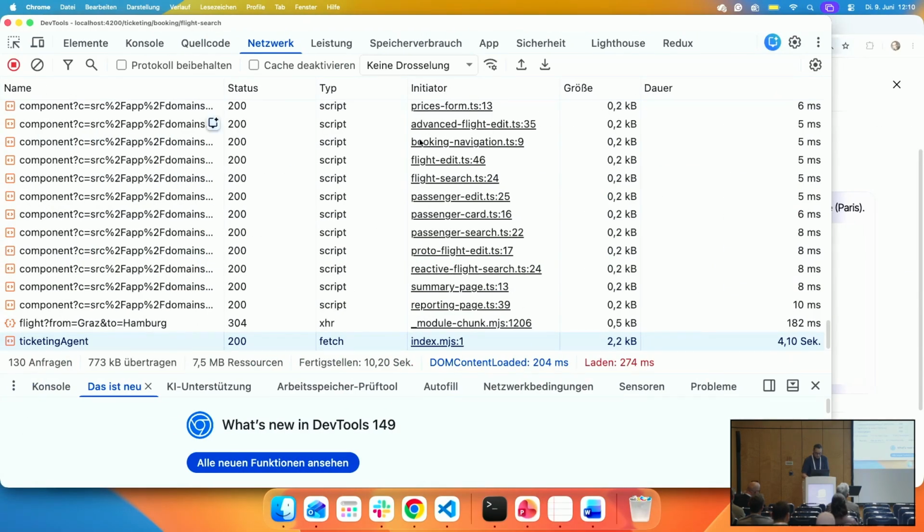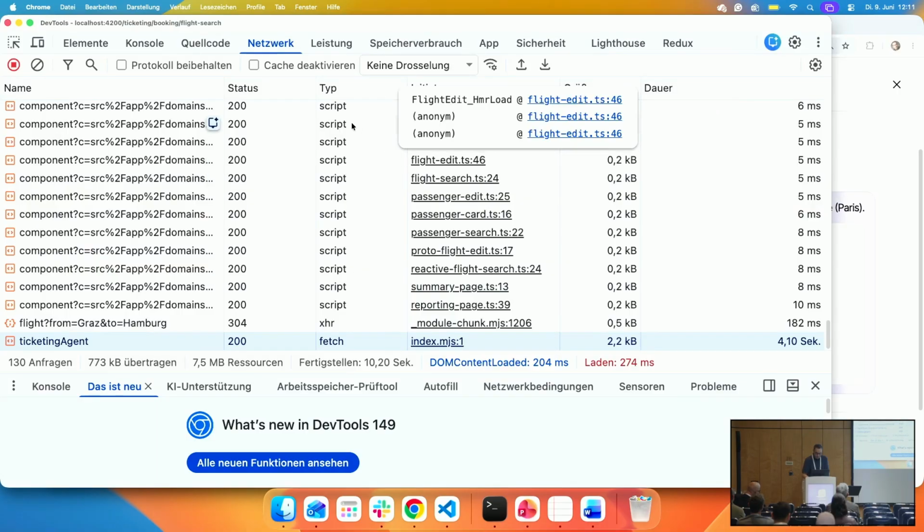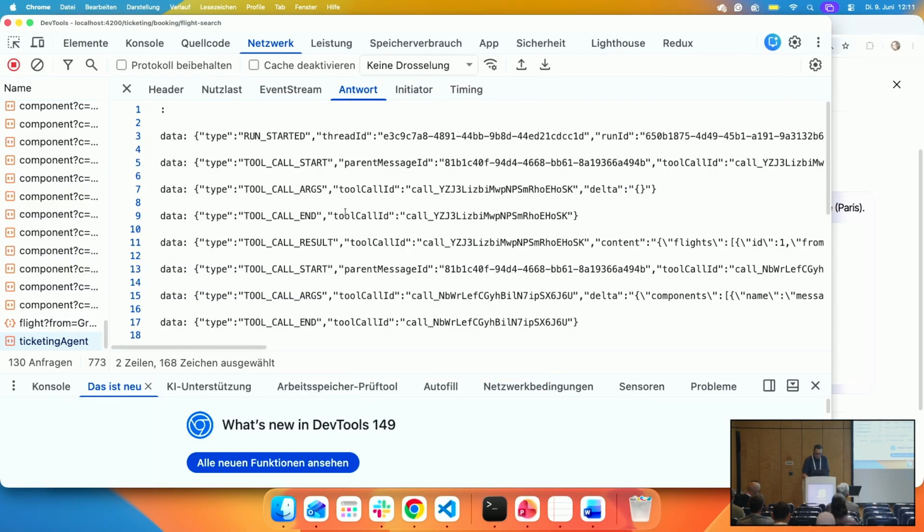So now let's have a look here to the next message. We are providing some arguments for the tool call. We are saying the tool call is done. And when the tool call is done, only the tool call is done, the call. They really take the term call very literally, because after the call has been done, execution starts. And then this tool on the server side, orchestrated by the agent, returns a tool call result.